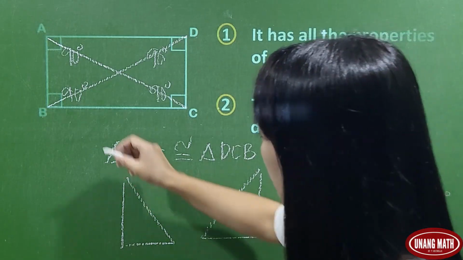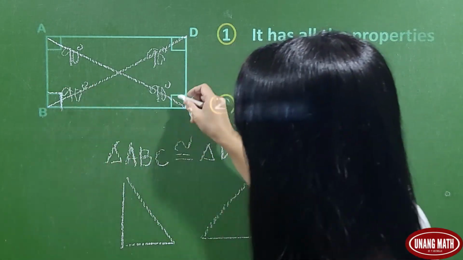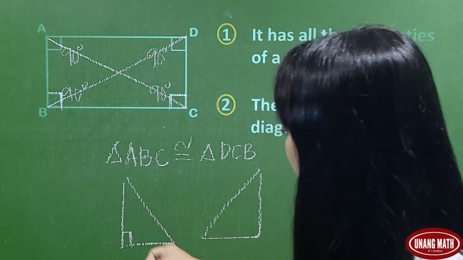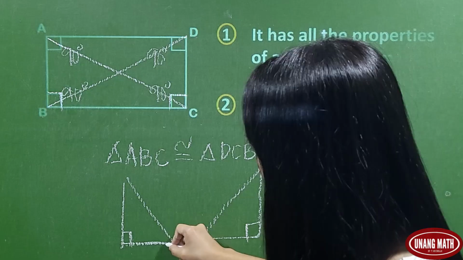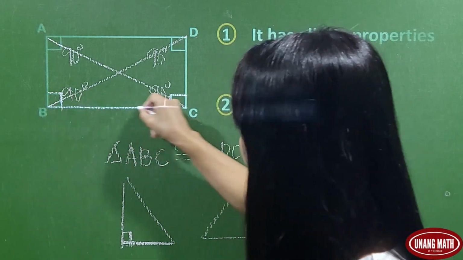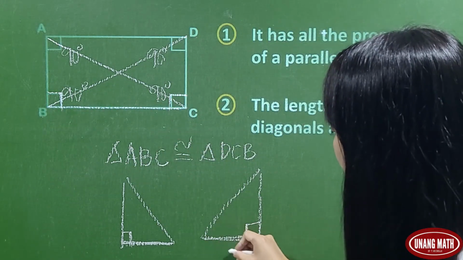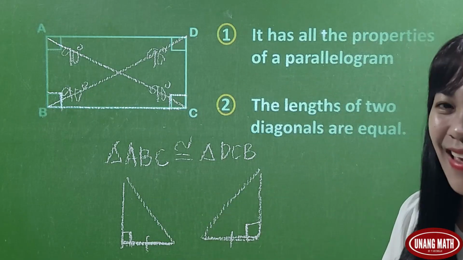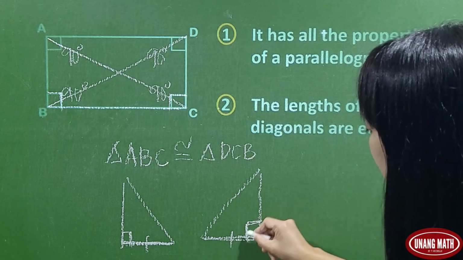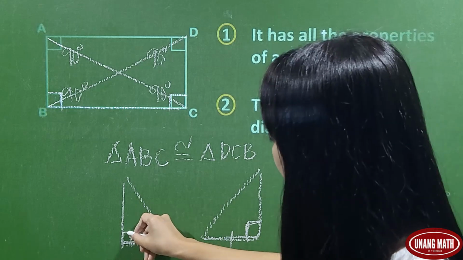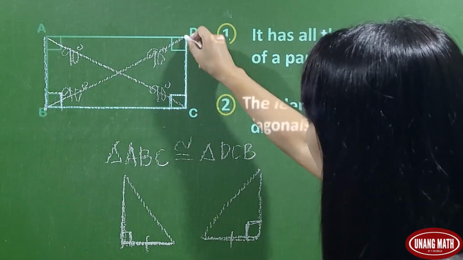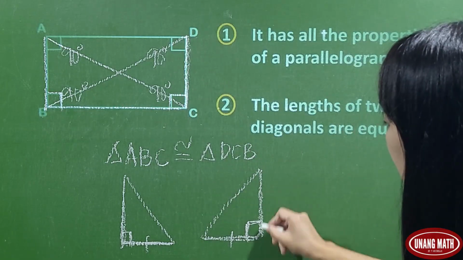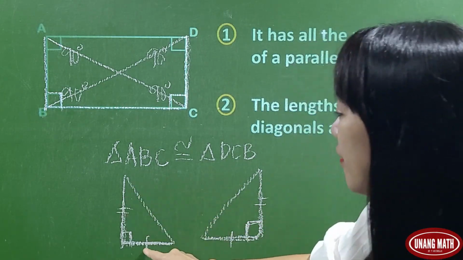To prove that, this is 90 degrees, 90 degrees. This side is the same length as this side. This is a right angle. And this side is equal in length to this side. So we have here